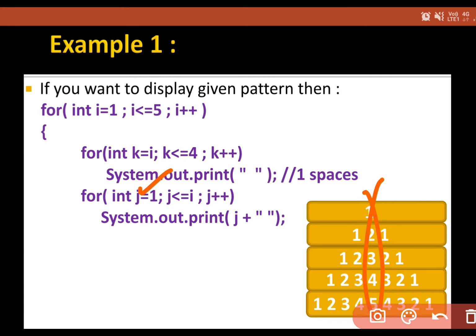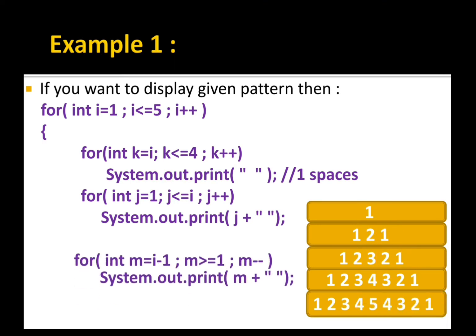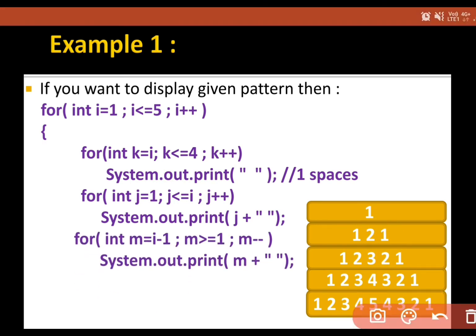See, starting from 1 ending on I, in the half pattern I have to create. Now see the logic of the half pattern, starting from I minus 1. I told you I minus 1 ends on 1, always ends on 1. Minus minus, after 2 we are having 1, that's why minus minus. Here we are having increment, and here we are having decrement. See, here we are having decrements, that's why we are decreasing it one by one. Here we are increasing it one by one.